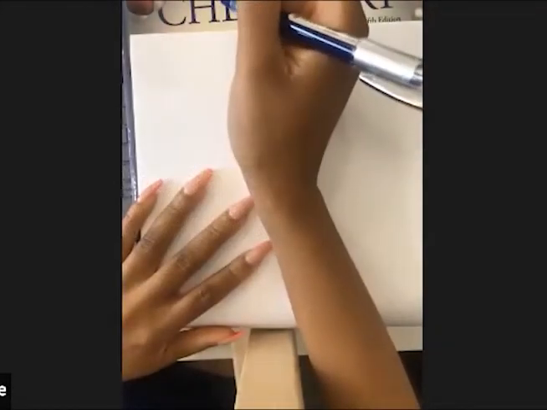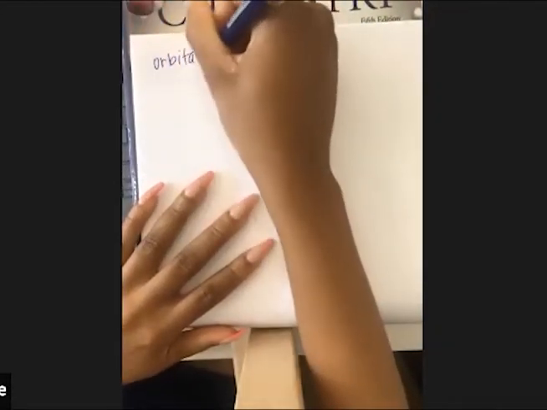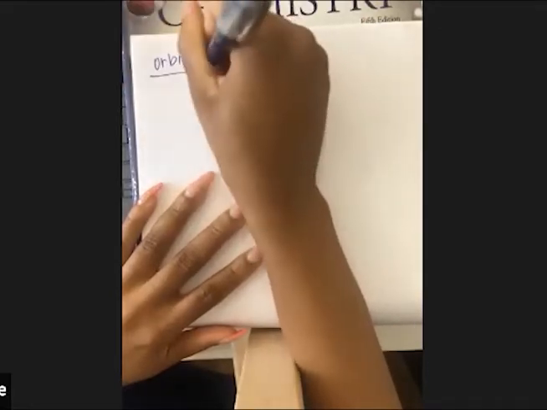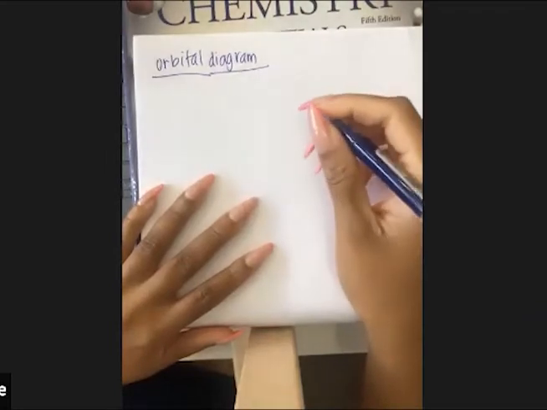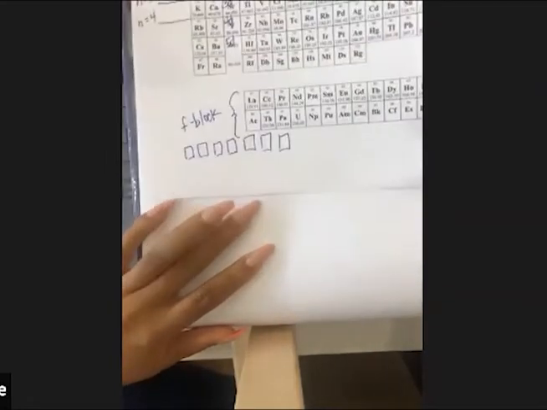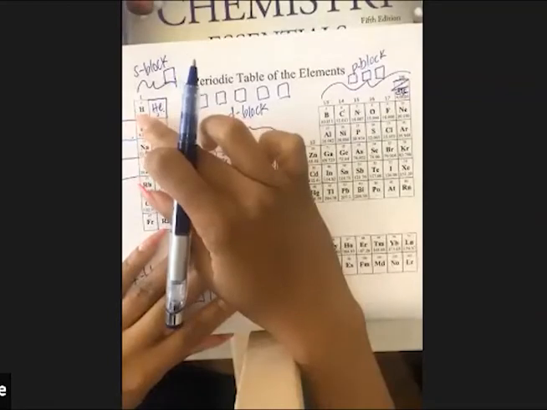So let's first start with the orbital diagram. And the orbital diagram is just when you draw the boxes. So let's say, for instance, let's look at carbon. All right, so the electron configuration for carbon, if I start from the beginning, I'm going